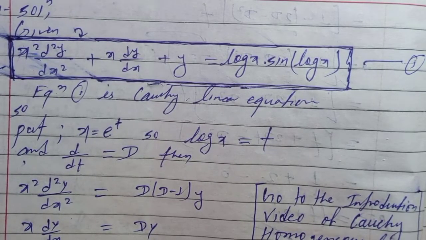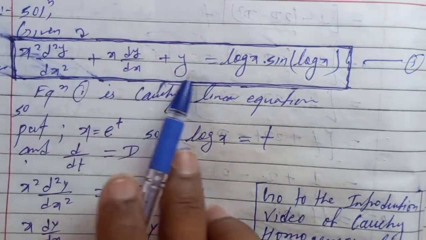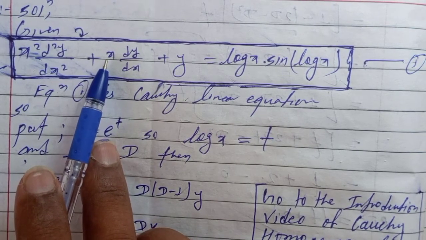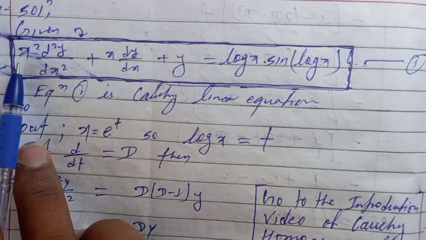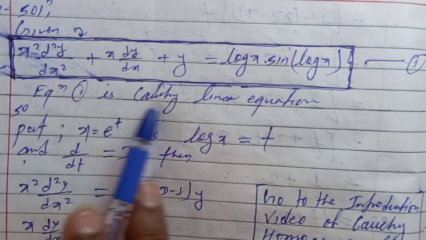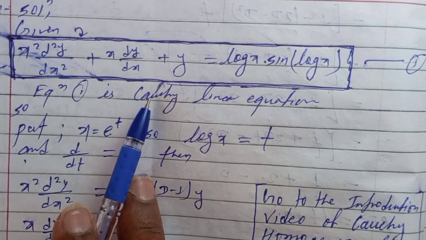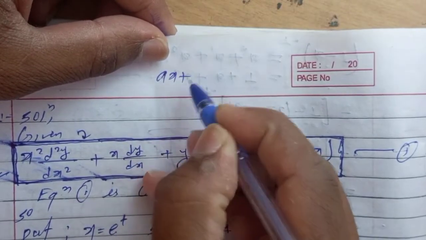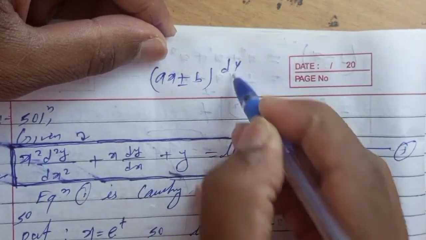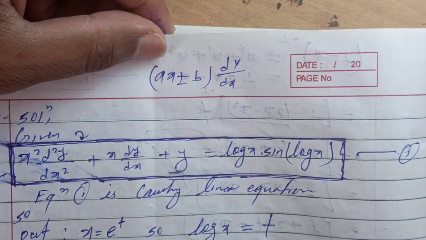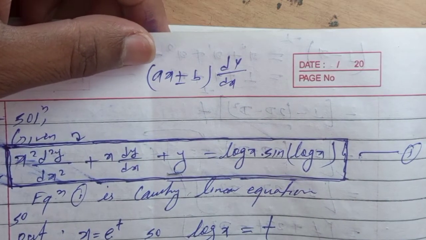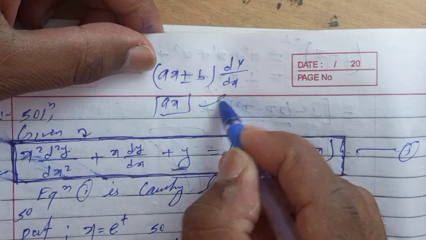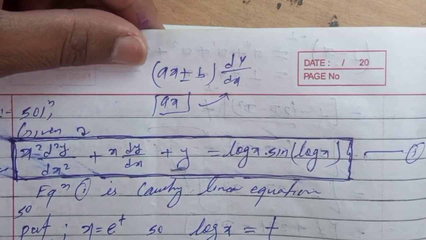Hello friends, today we have got another question, and this is our given differential equation of higher order with variable coefficient, that is x square, and they are variable, so it is our Cauchy linear equation or Cauchy homogeneous linear equation. And if suppose there is ax plus minus b with the derivatives, then it will be our Legendre equation. But here we have got only x, that is ax, only multiplied with derivative, then it is our Cauchy linear